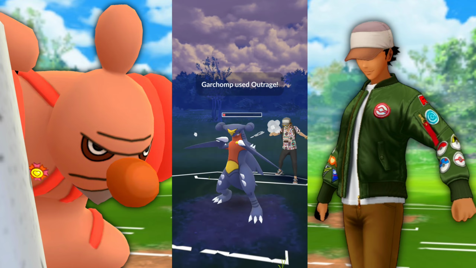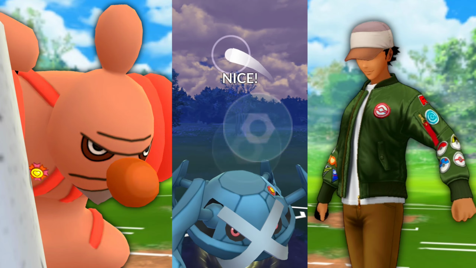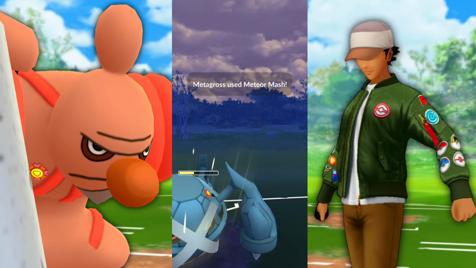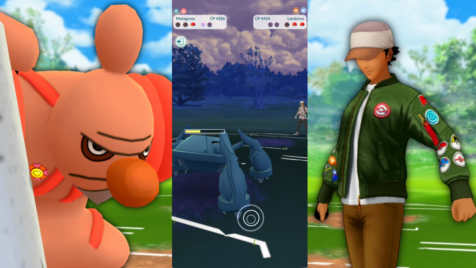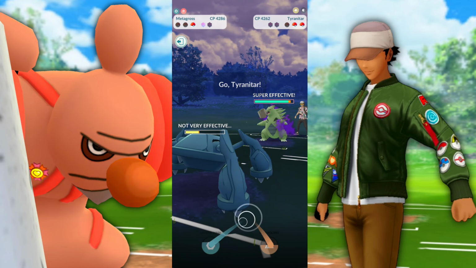I think I'm going to be safe. And that... Landorus is pretty much almost out of here. They're shieldless. Let's go ahead and take this win up against this Legend. But it's not over. We have to see what's in the back. We have got one shield left. Bring in that Garchomp so I can...